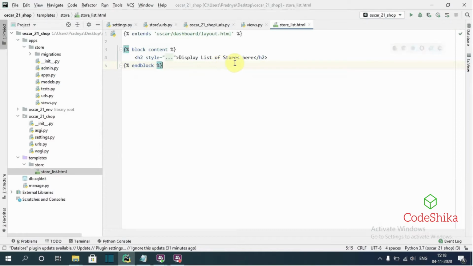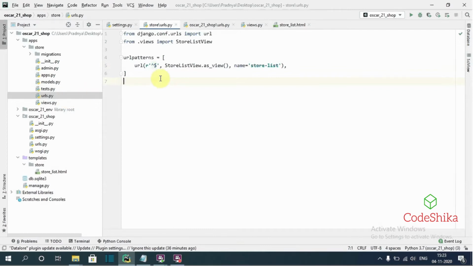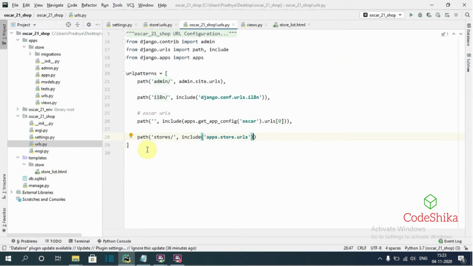If you want, you can add new content for showing the list of stores for all your products and its locations. And in the app urls.py file, I have created the URL for the store list view with the name store list. And in the project urls.py file, I have added the store URLs with the path stores/.